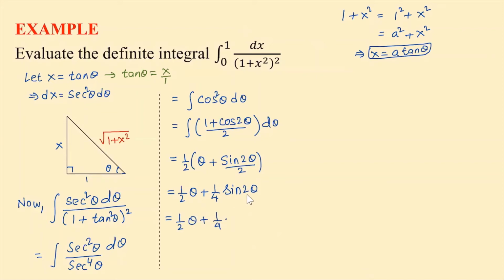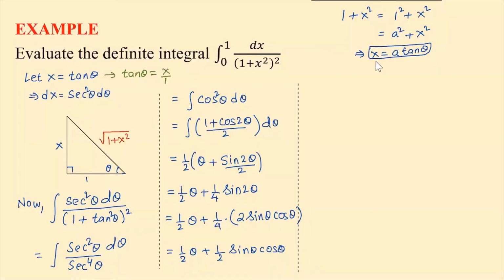If we use the double angle formula, sine 2 theta is 2 sine theta cosine theta. So we get the value of the integral as half theta plus 1/4 times 2 sine theta cosine theta, which will also be half sine theta cosine theta. So this is equal to, you have a half